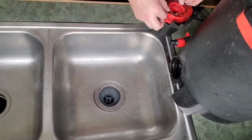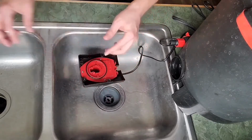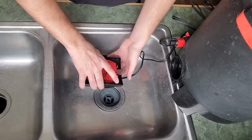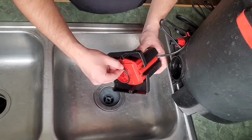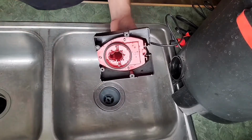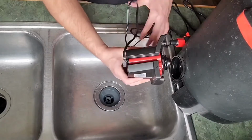Now with the gasket all lubed up, just install it. The other thing you want to make sure of is that the O-ring is on the outside line of these little stoppers. If you go over that, the motor won't fit into place. So now with everything installed, make sure that this service area is clean and